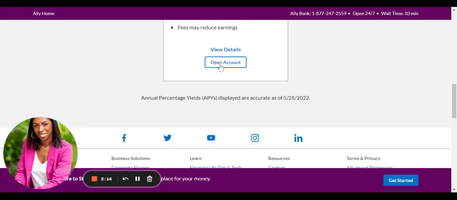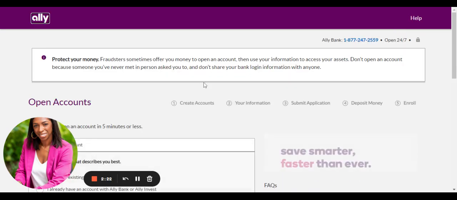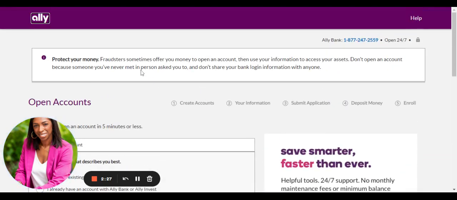So you'll click open account. And then you're going to go through this process. So read this. I'm going to read this here. Fraudsters sometimes offer you money to open an account, then use your information to access your assets. Don't open an account because someone you've never met in person asks you to, and don't share your bank login information with anyone. The reason why I pointed that out,